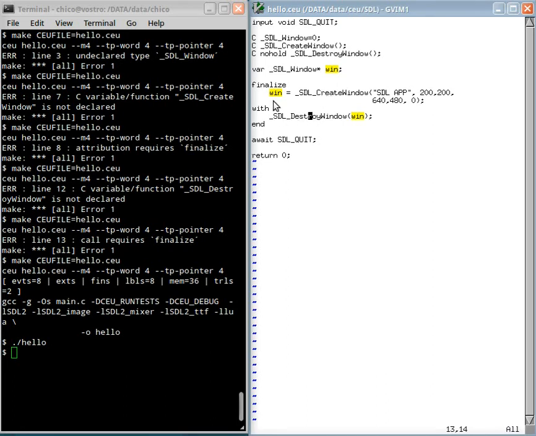In fact, the finalizer is for this variable. When this variable goes out of scope, this clause here will execute. But this variable is in the top level of the file. So it means that this finalizer will only execute when I return, or just before I return to the operating system. So I will execute, create the window, then I'm only registering this, then I await the SDL quit, and